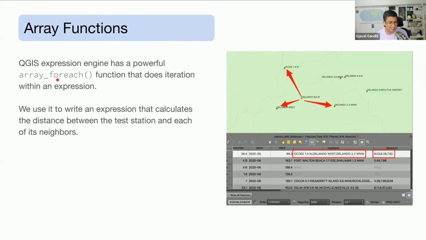And there is this really nice array for each function where you say, I have a list of neighbors, run this function 8 times for each of those neighbors. So this function was used to iterate over each of those neighbors to find the distance. And once you have all the neighbors, all the distance between them, and all the rainfall, you can implement the